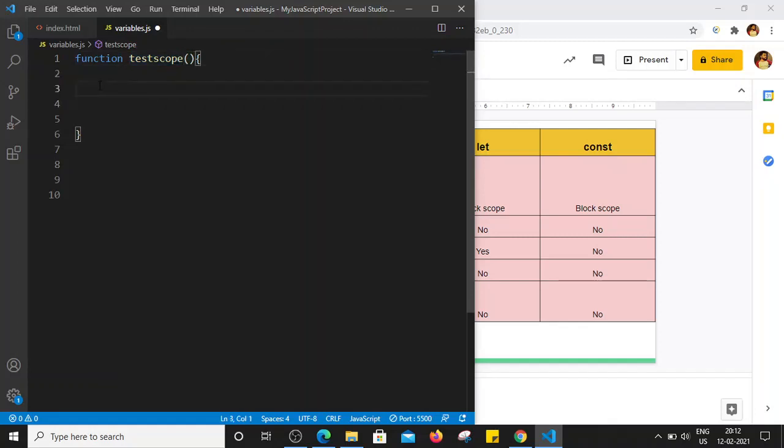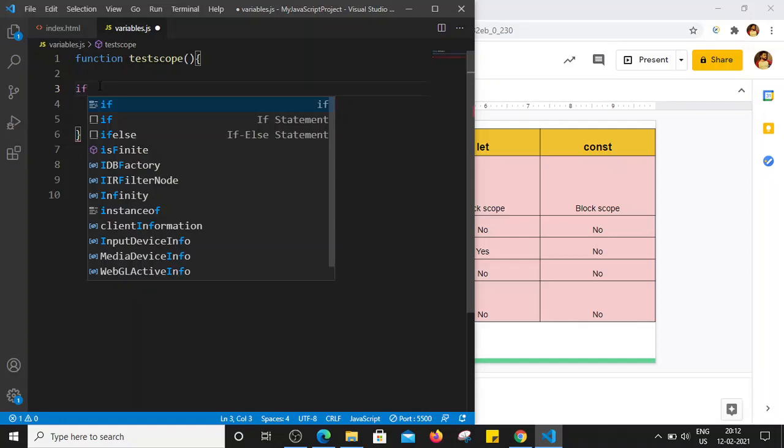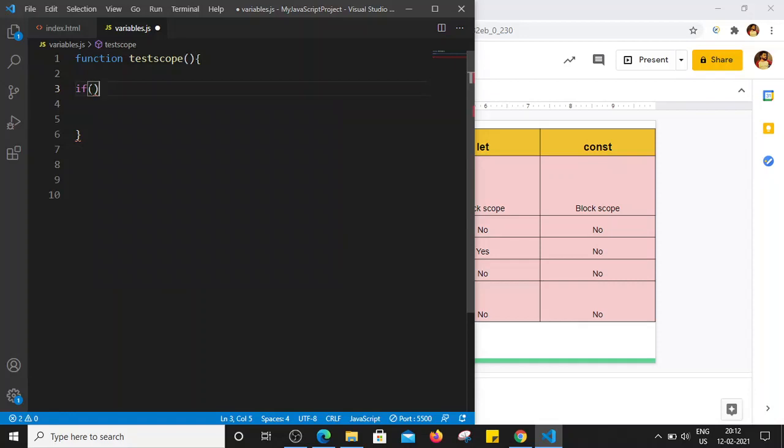Now within this function, I'm going to use one block of code, that is an if block. The if is a conditional block. So the syntax for the if block is like this. So this is if, and we can mention our condition within this bracket, and if that condition becomes true, that is, whenever that condition is fulfilled and gives the value true, then we will enter into this block. Whatever lines we mention in this block will get executed only when the condition in this bracket becomes true. That is the if condition, right?